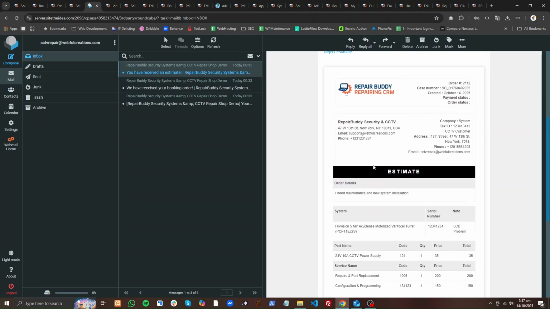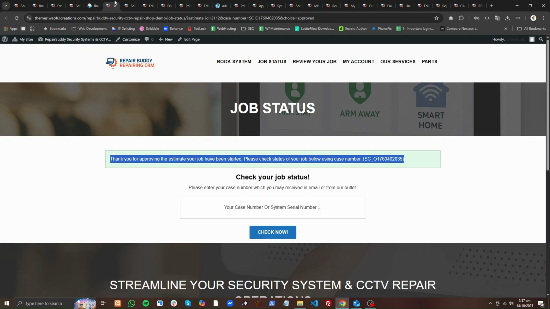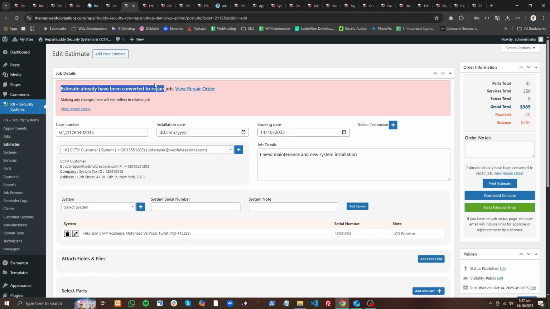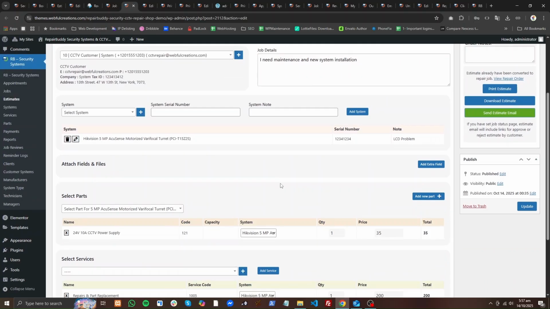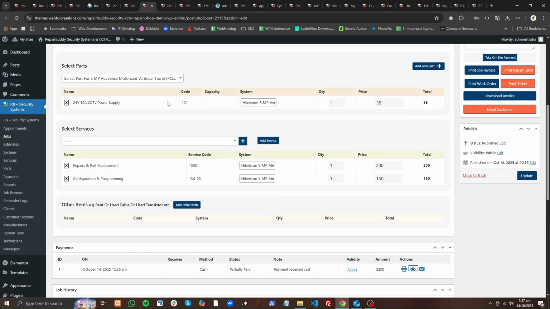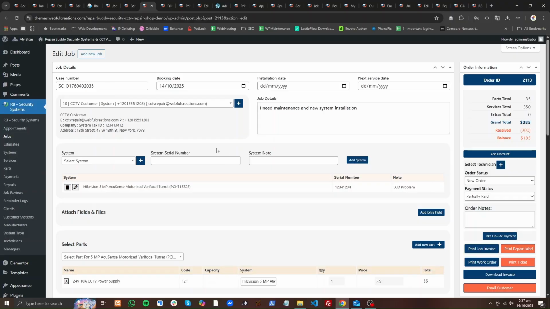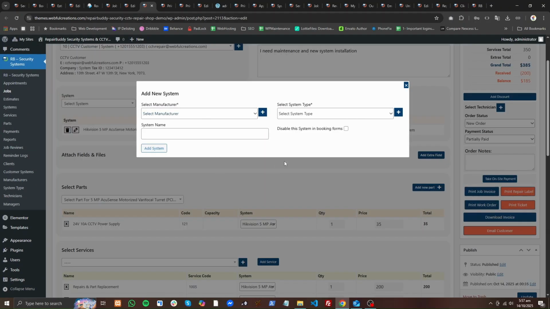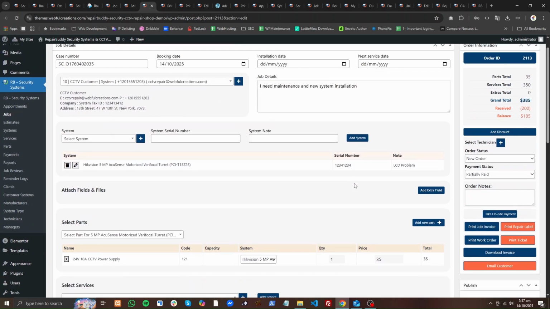Let's say the customer has approved it, they will land on this page of your website, and after that the estimate will convert to a job. Now this estimate is no longer functional, so you will go here and manage the job. Like this is a system being worked on, and you can add more systems here. If you are working on a new job, you can add parts like here, you can add services like